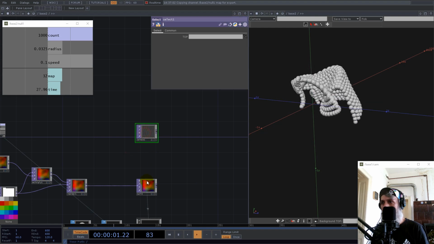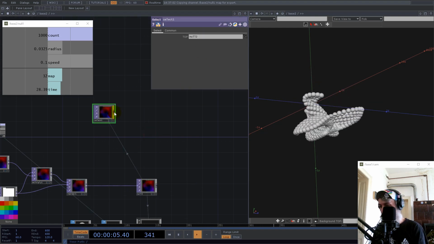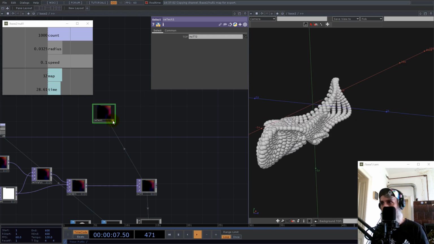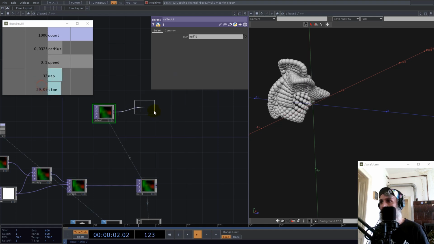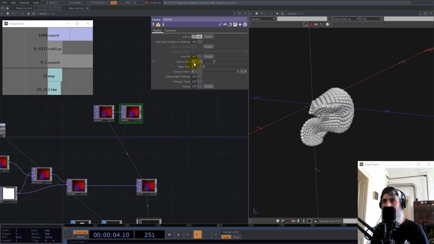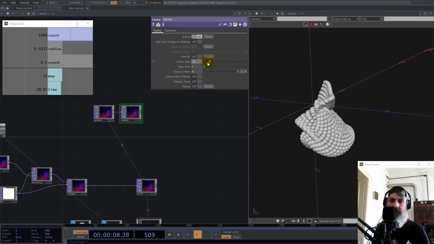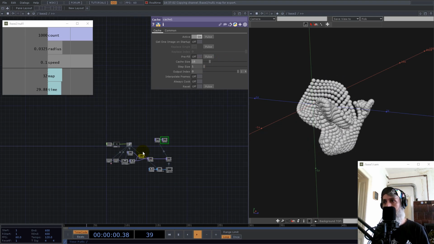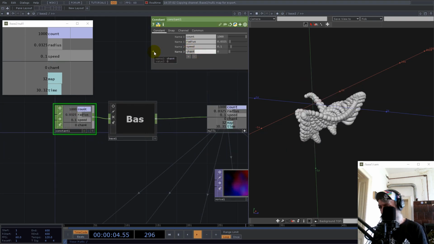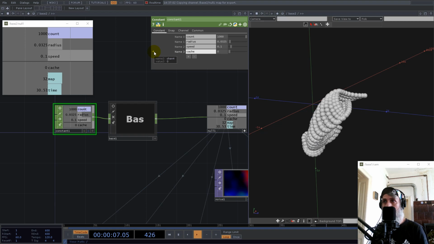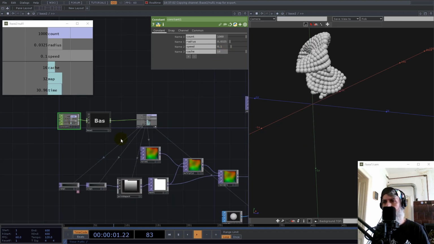So first I'll select these points. Okay, and now we use cache, not like this, so cache. Okay, and this is the amount of frames we want to cache. Okay, and maybe it would be good to have that value here too. Okay, let's set it to, I don't know, 16 maybe,